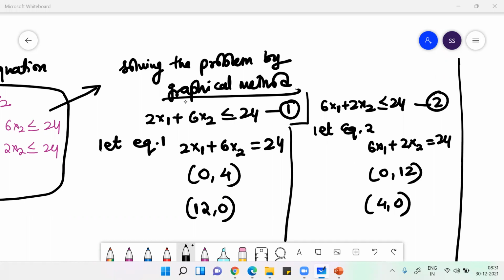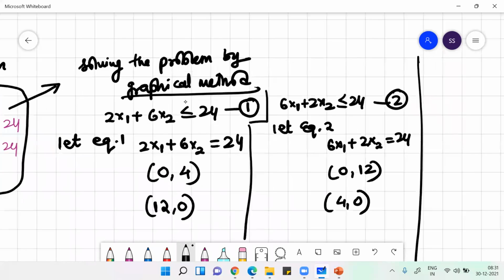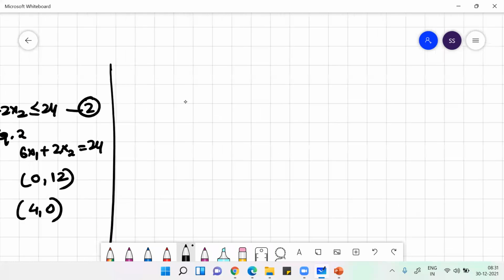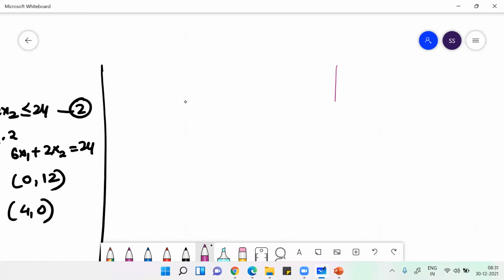Anyone, any doubt? You're getting it right. So I hope nobody has any doubt. So I'll simply draw the graph. Before I draw the graph, let me give you an introduction. I hope you know this. This is your x-axis. Let this be my x1 axis, and let this be my x2 axis. All positive values of x1 will lie on this side.